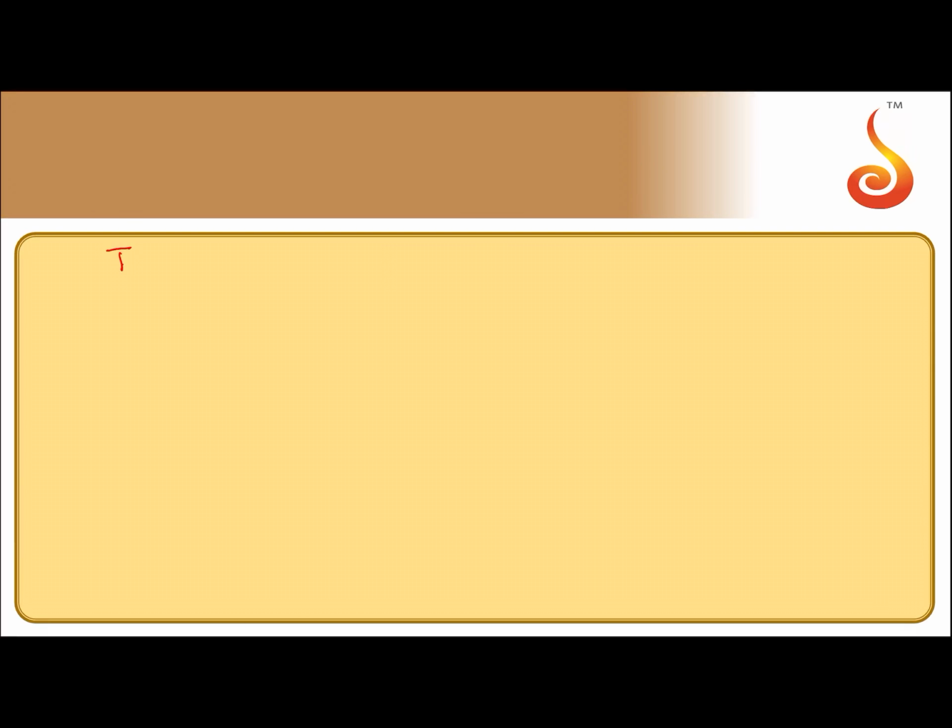So we know that time period of simple pendulum is given by 2 pi root of L by g. Same simple pendulum you are taking to moon, so L won't change, only g matters. So time period on moon divided by time period on earth, if you take, that should be equal to g on earth divided by g on moon under root.